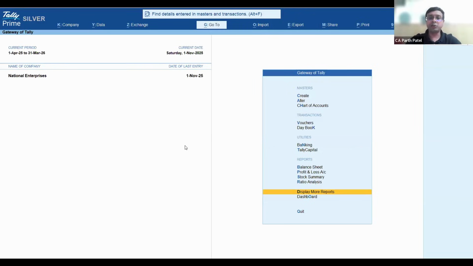Now we will shift back to the second experience. The second experience is getting the bank statement inside TallyPrime. There are two ways wherein we can get the bank statement inside TallyPrime. The first one is connected banking, right? So first one, let's say